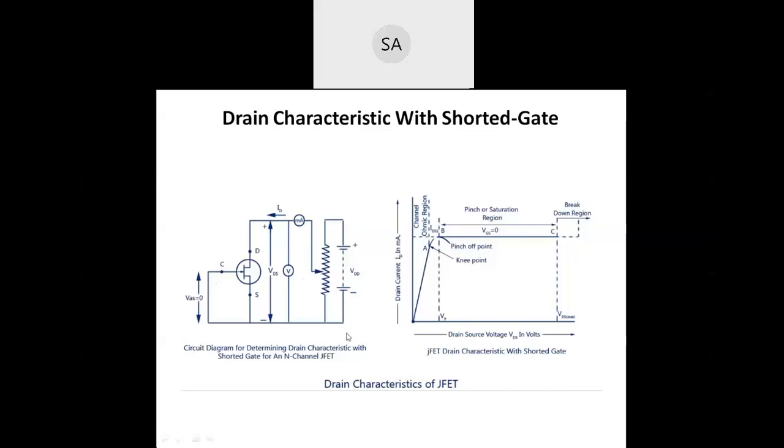If the gate junction is biased further negatively, we obtain characteristics similar to the one obtained above. All such characteristics will show a reduction in the pinch off voltage, a smaller portion of the curve where the drain current is proportional to VDS, and lower breakdown voltages. So as long as you are increasing the gate to source voltage in the negative bias, the breakdown region also changes. Why? Because of the change in the pinch off voltage. Again, as you increase it, the breakdown voltage will also change in the curve.